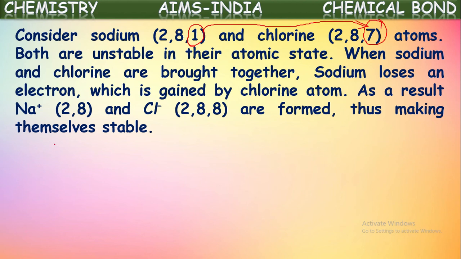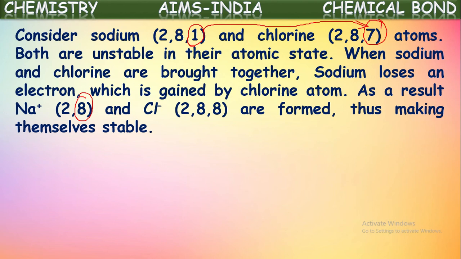As a result, Na plus and Cl minus are formed, thus making themselves stable. So what is happening here? Sodium has only one electron in its valence shell, hence it is not stable. By losing that one electron, sodium will become Na plus ion with configuration 2, 8. If you observe here, the configuration now has an octet, meaning 8 electrons in its outermost shell, hence it